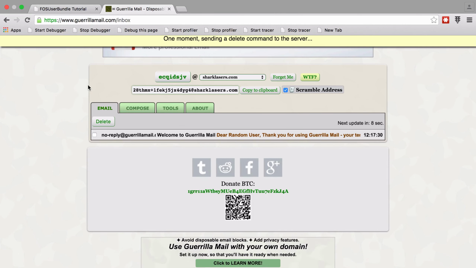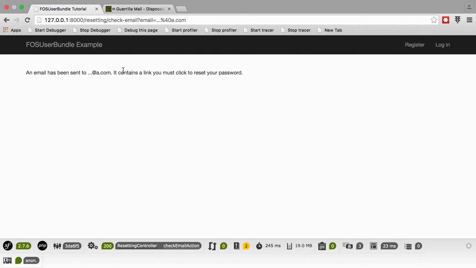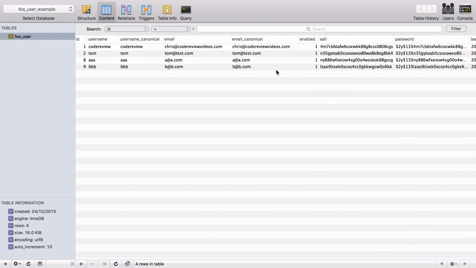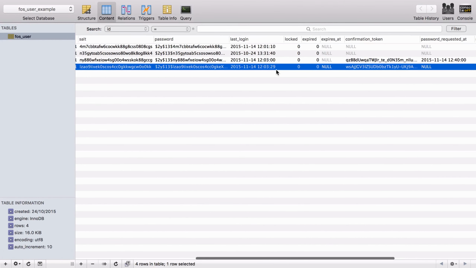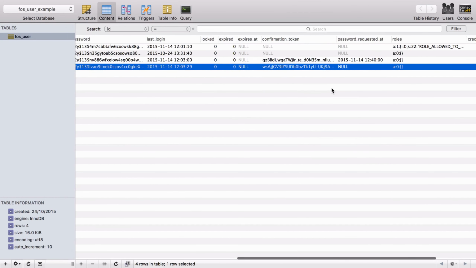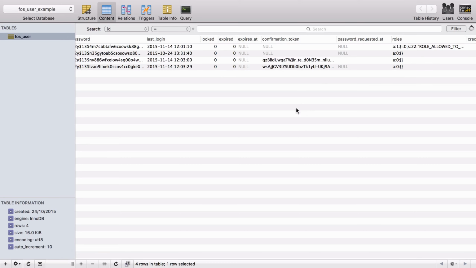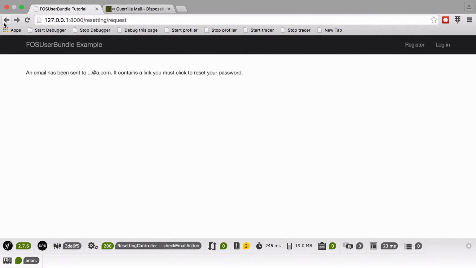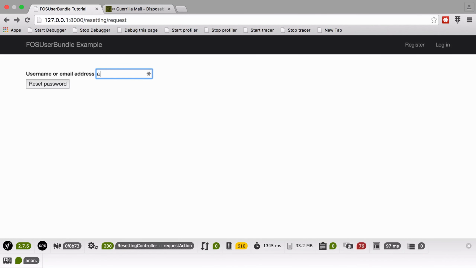And so that's fine, but what happens if we don't really want to set up emails to actually send out during development? We can go in here. Well, one downside, I suppose, is you're going to need to keep your database open so that we can reset the password requested at field. Otherwise, it's going to say you've already requested a password for that user, and it's not going to be particularly useful to us. So in our config dev, again, go into web profile, go into intercept redirects and set this to true. And what we can do is just go back and this time send another one to a@a.com,